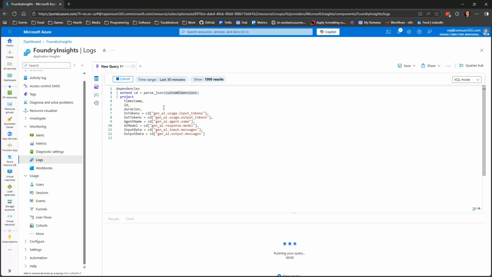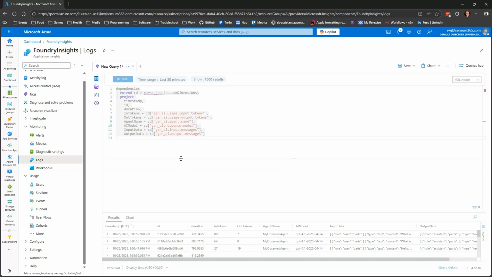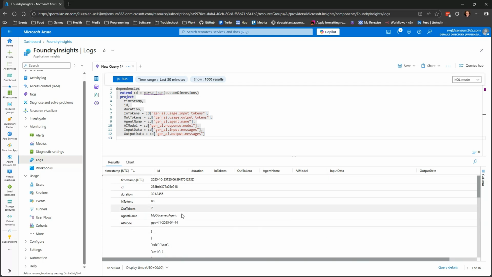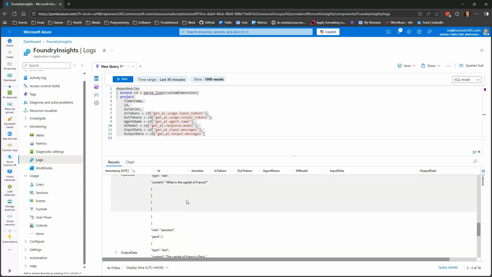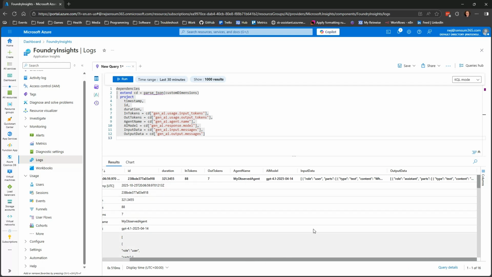And if I run this, oops, I need to not stand on it so it doesn't think it's only a sub part of it. We should be able to see our agent here, where we asked what is my name? The name was Rasmus, so that was the last one. These come in descending order. The second one was the thing about France. And had we not set the sensitive data, input and output data would have been empty, and the rest would have been there.